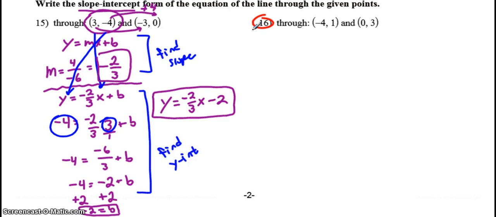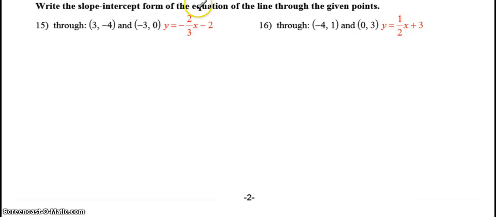Here are those answers. All right, there it is. Y equals -1/2x plus 3. If you forget how to do it, remember, step 1 is to find the slope. Find the slope between those 2 points. Step 2 is then to pick either of these 2 points and find the y-intercept by substituting in those values